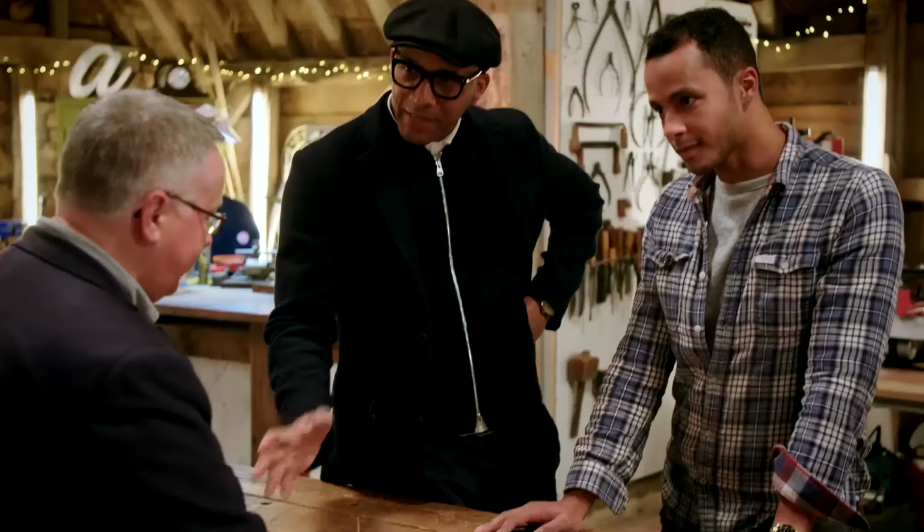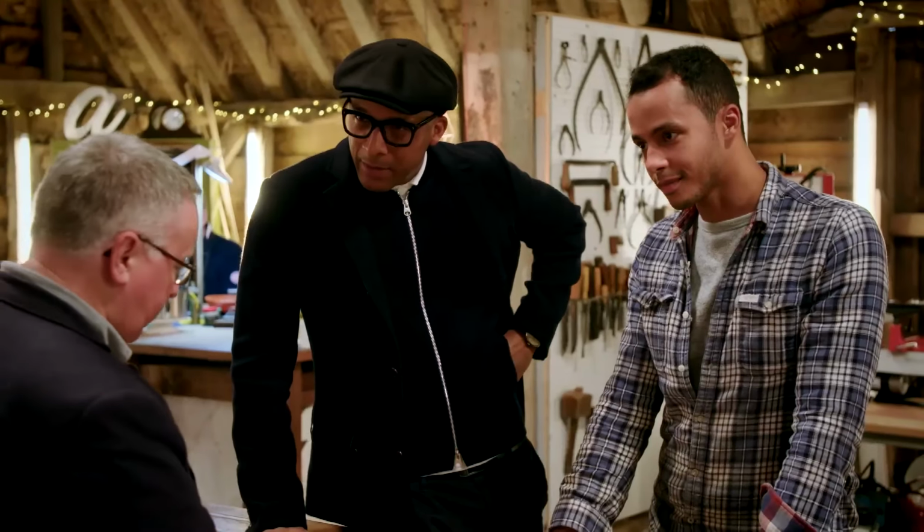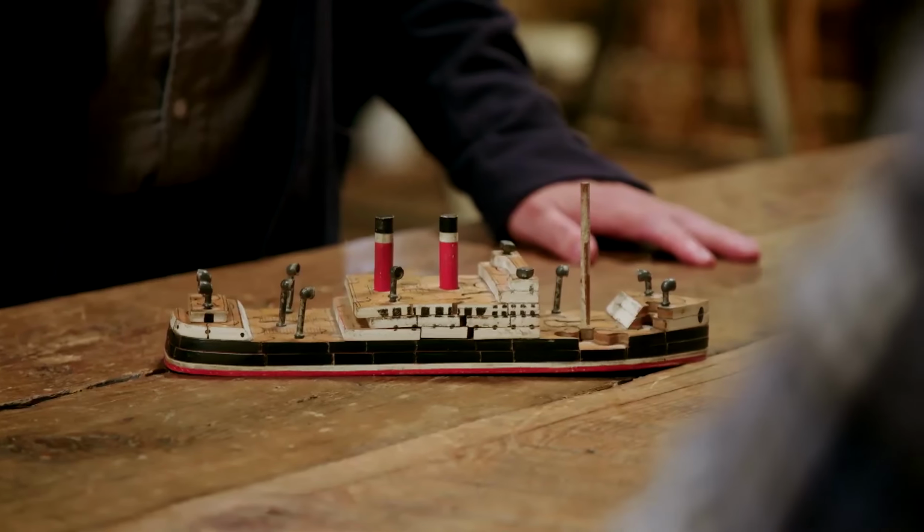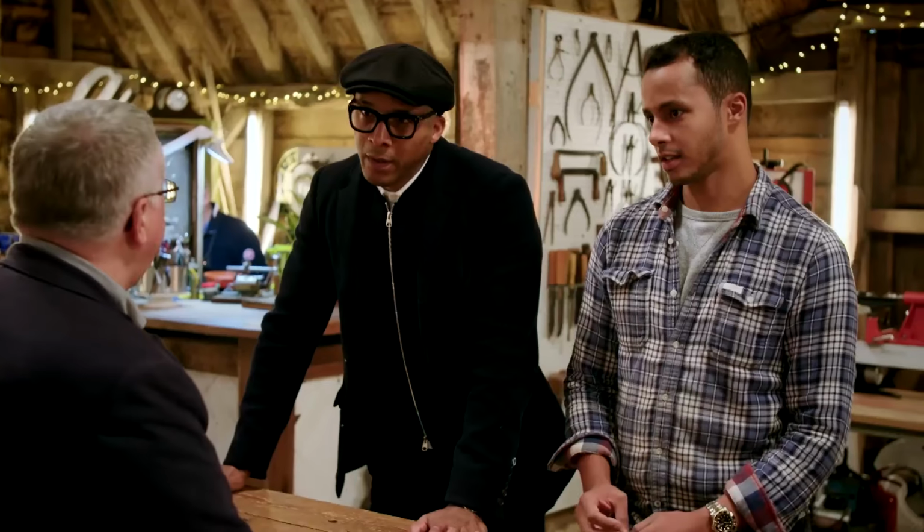Have you ever taken this apart and put it back together again, or has your dad ever done that? I have taken it apart many, many years ago with Dad, but I've never taken it apart since I've had it myself. I took it home and it went on the mantelpiece, and that's where it's always stayed. So how did you feel when your dad left this to you, then? Well, I always liked it, but a couple of months after he passed away, my mum said, "Oh, I got something for you," and she went into the bedroom and brought it out and gave it me. So it means a lot. But apparently, Dad had said to her before he passed away, make sure that Keith got the boat. So